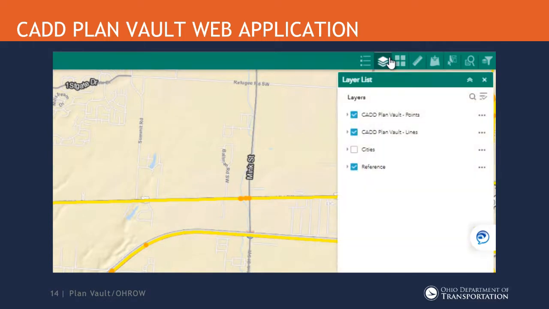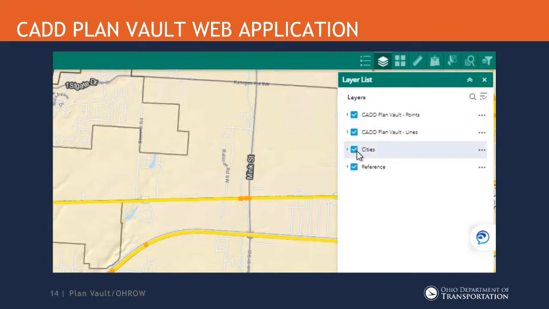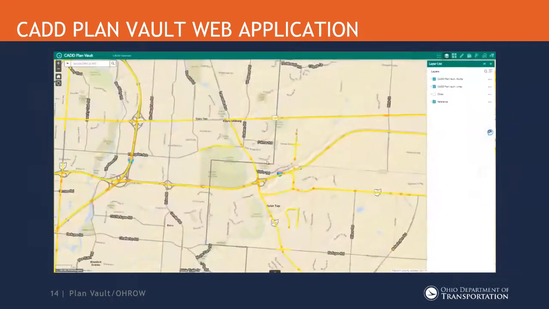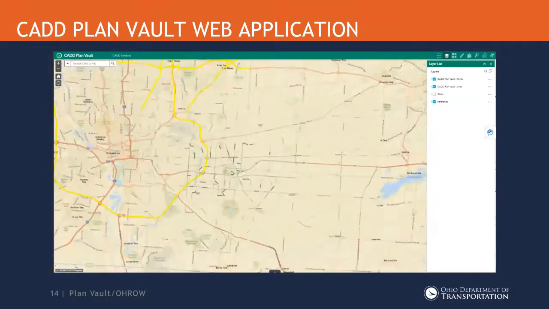So starting out, we talked about the legend. There's also a layer list if you wanted to turn off things by layer. For example, I didn't want to see points. I can turn that layer off and back on. There's also city boundaries if you wanted to see that. Currently, you can see district boundaries, and I believe county